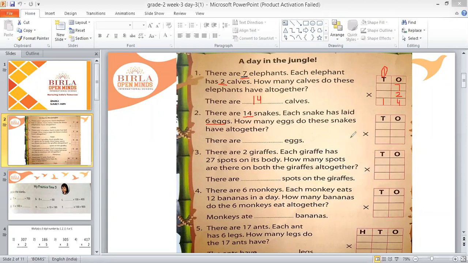So we will write 14 first. So this 1 will come in tens place and this 4 will come in ones place. After that, your next number is 6. So we will write that 6 in ones place. Okay. Now,